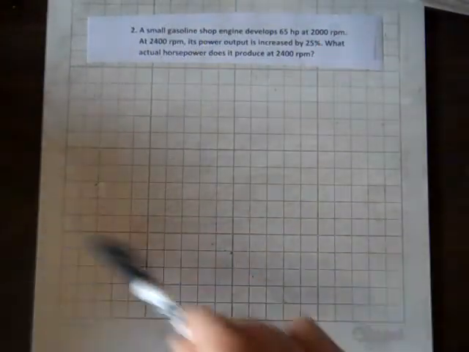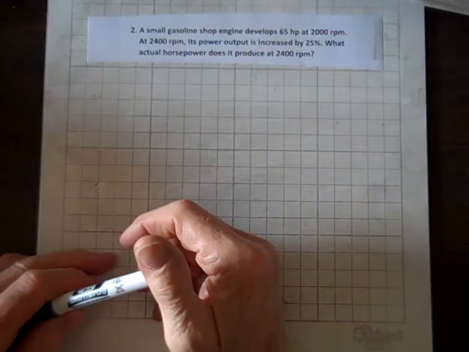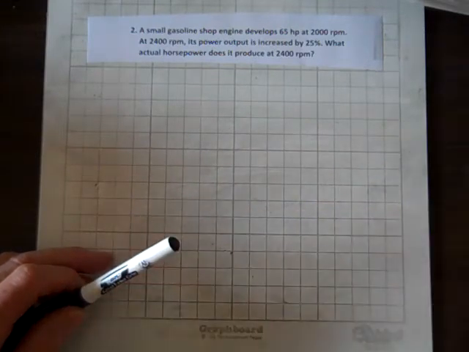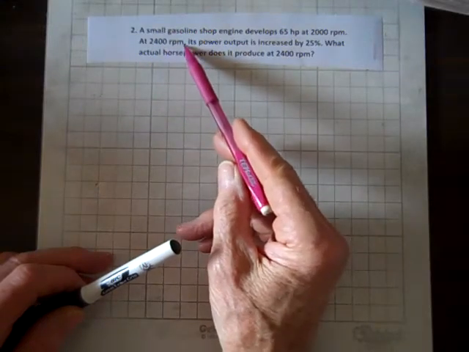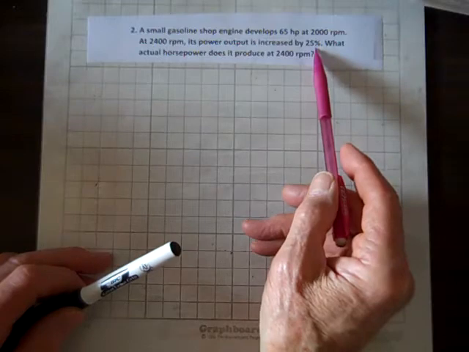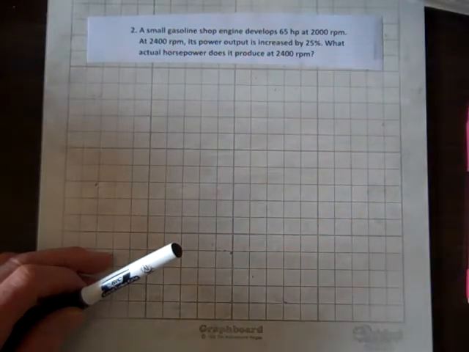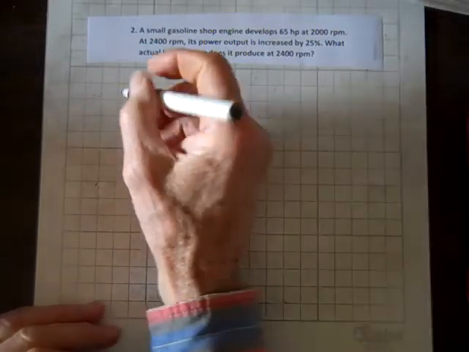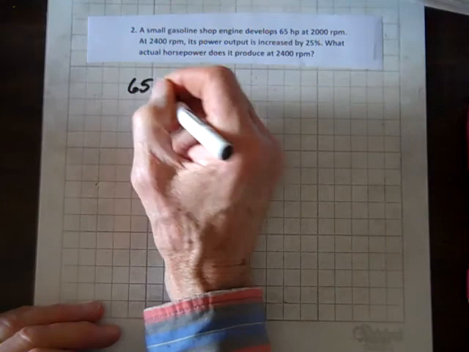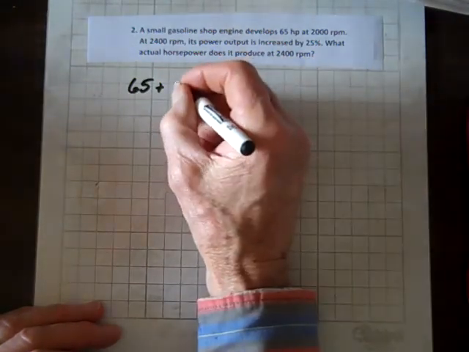A small gasoline shop engine develops 65 horsepower at 2,000 RPM. At 2,400 RPM, its power output is increased by 25%. What actual horsepower does it produce at 2,400 RPM? Well, let's see. It's going to be 65 plus an increase of 25%, so